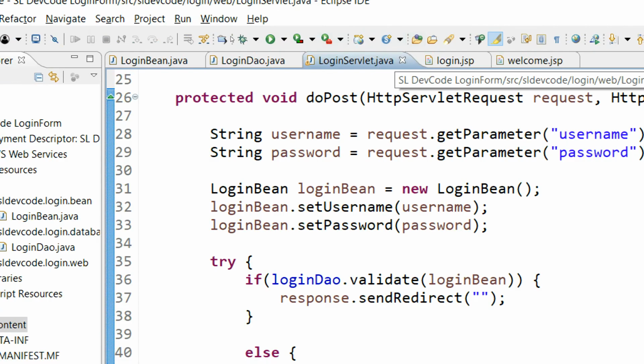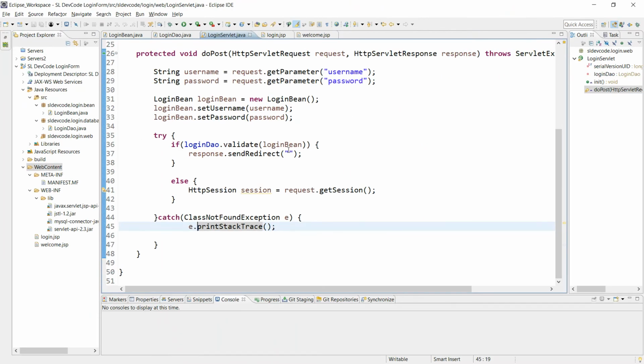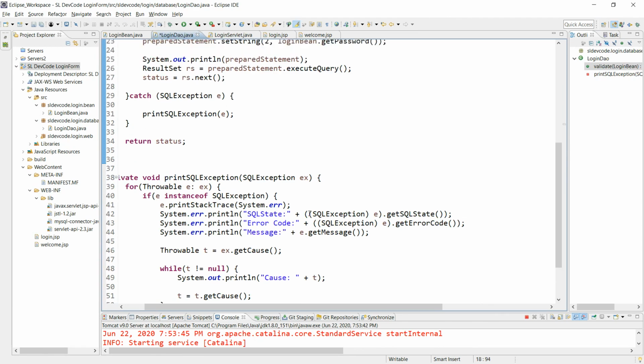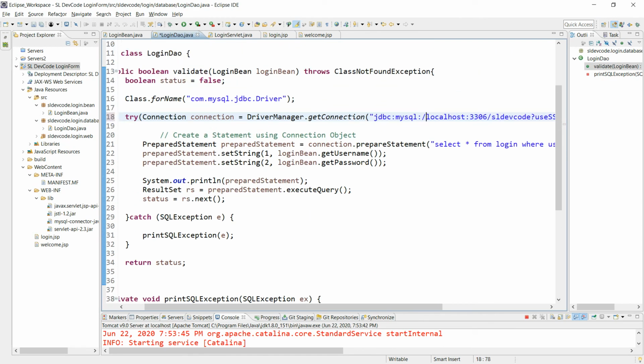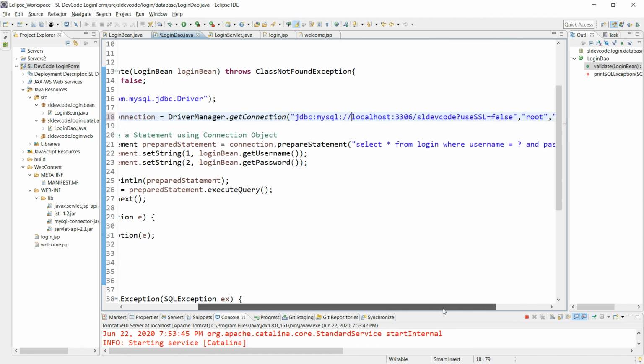And now you have to go to the login servlet Java class and type here welcome.jsp. Now I am going to the login Java class and correct this JDBC URL. This time I couldn't put the double slash.